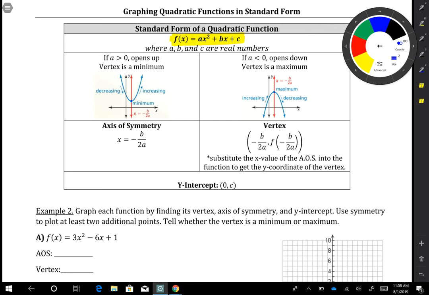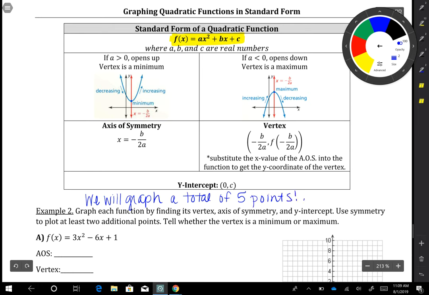When we graph a function from standard form, we are going to find a total of 5 points that we graph. So I'm just going to write that here. We will graph a total of 5 points. And how we find those 5 points, the first thing we do is we find the axis of symmetry,